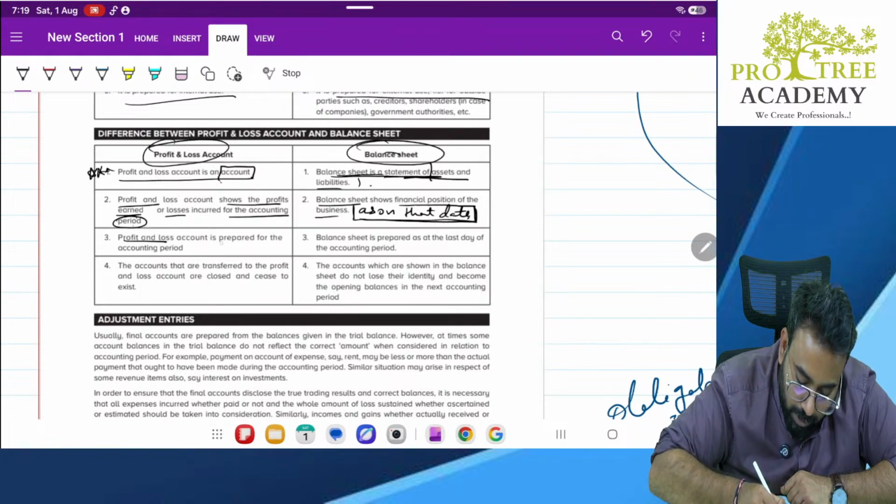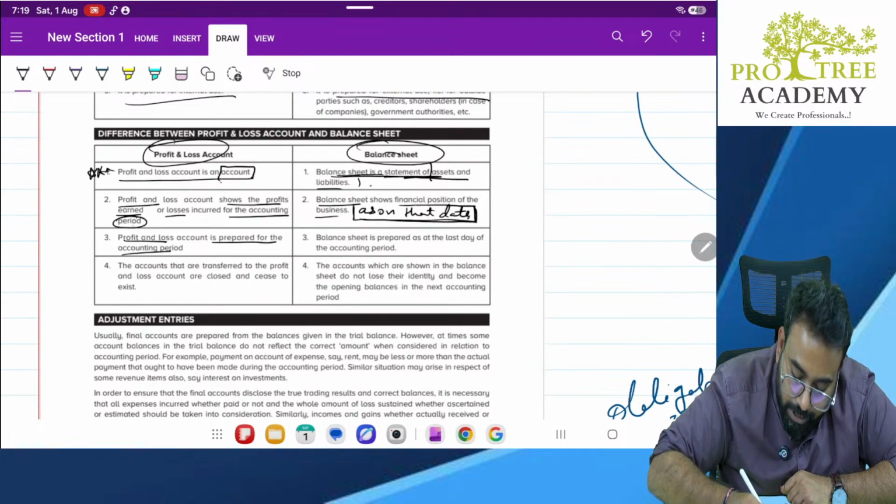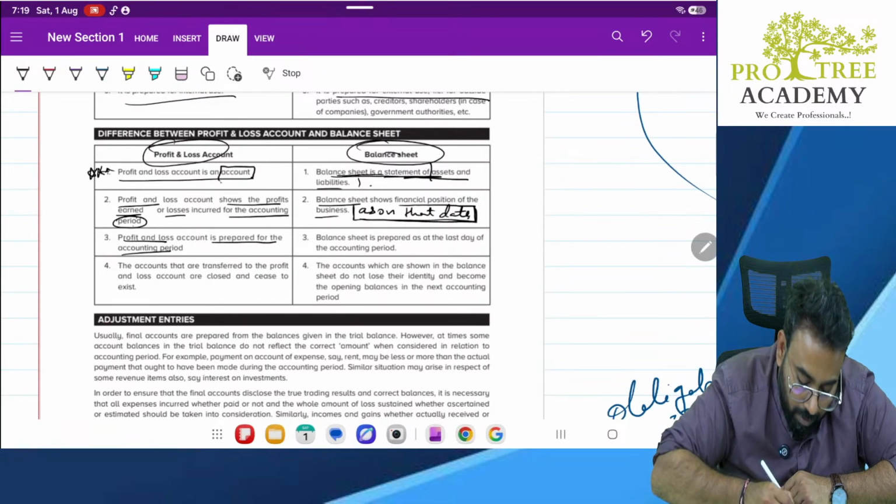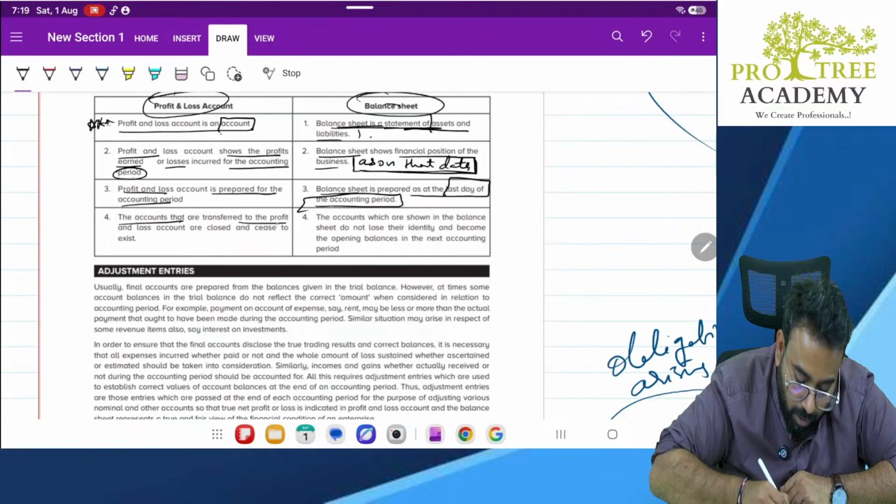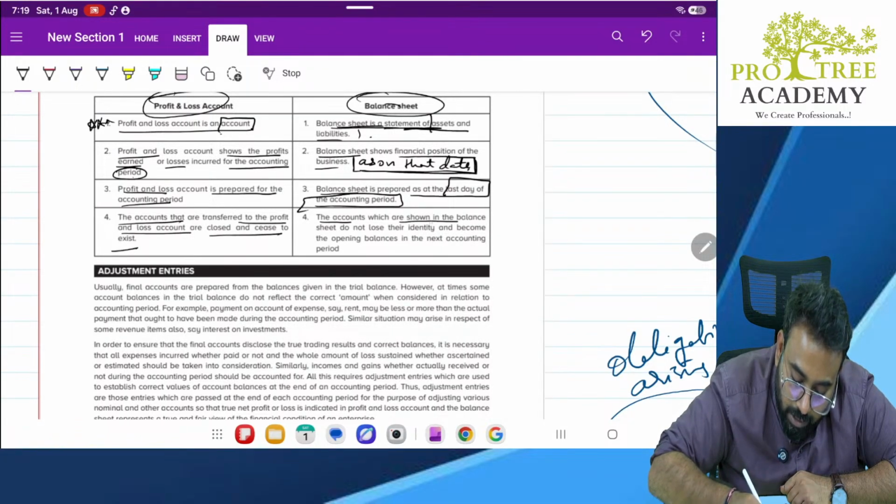Profit and loss account is prepared for the accounting period. Balance sheet is prepared as at the last day of the accounting period. The accounts that are transferred to P&L account are closed and cease to exist. The accounts which are shown in the balance sheet do not lose their identity and become the opening balance in